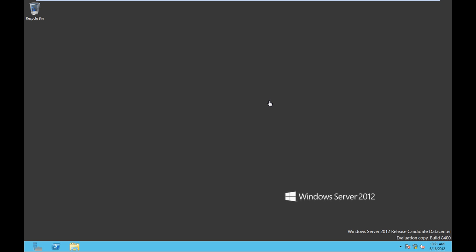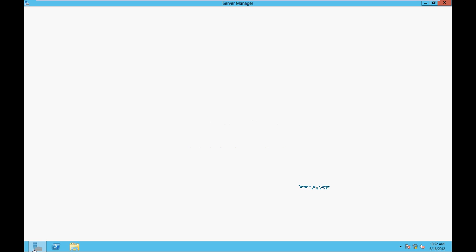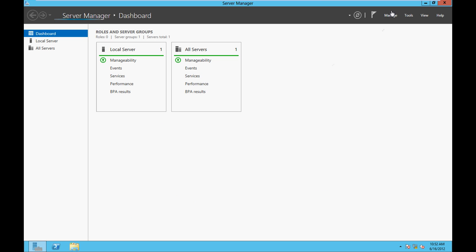So bottom line, the DC promo command will first run the ADDS installation, and on top of that, it will run the DC promotion. Now, Microsoft has segregated it all the way, and they have decided that there will be no DC promo. To have the DC promotion, I need to get into Server Manager first, click on